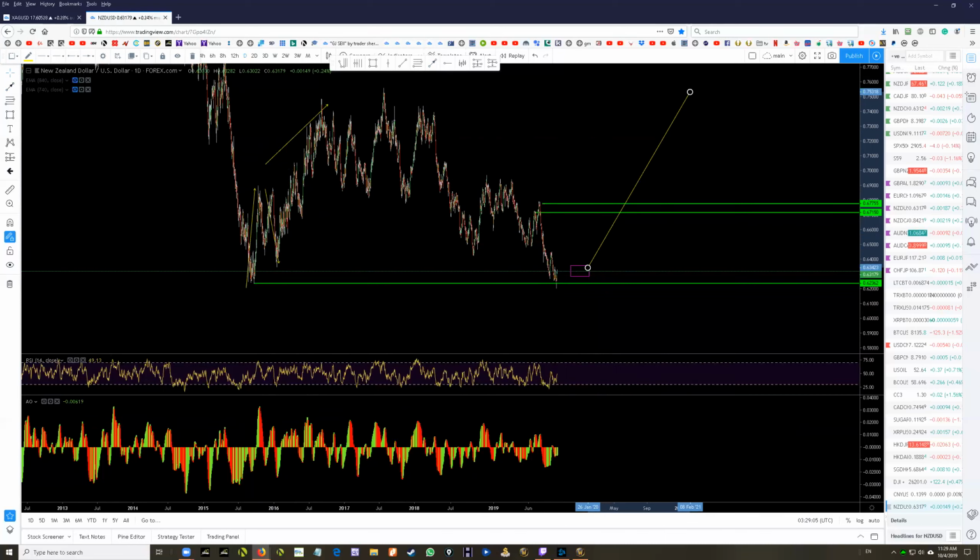I gotta check. The swap's probably negative. Hold on, let me just check. What's the swap on this? Let me check. Control M. Okay, Kiwi dollar. The buy should be negative. Specification. Yeah, negative 4. Okay, so that is why you cannot take the buy and then just hang on, because